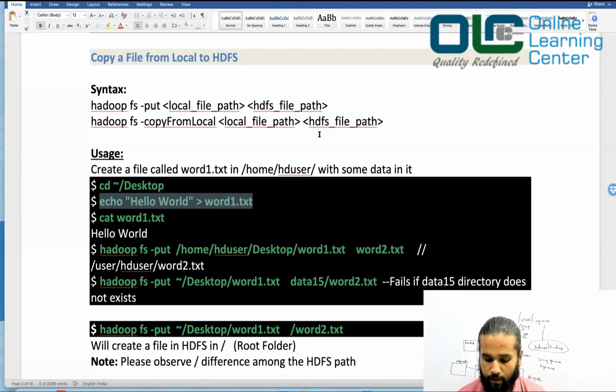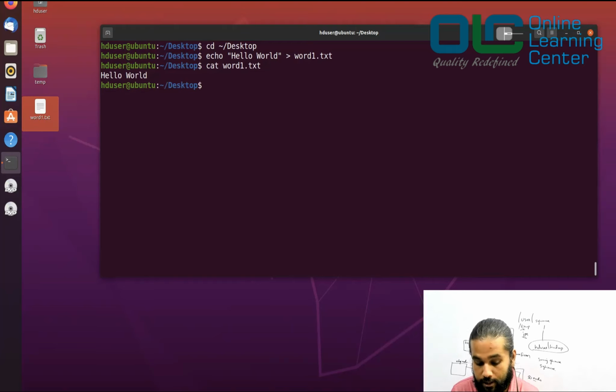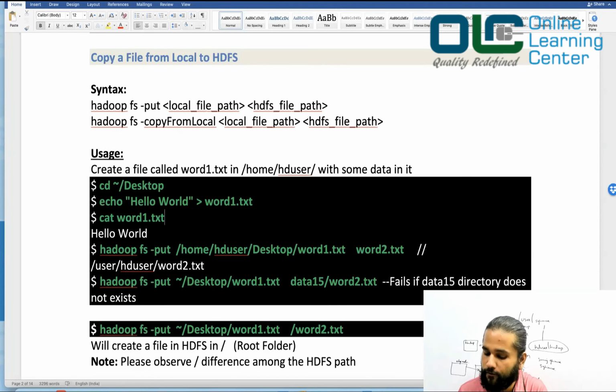That's how it is. Okay, now what I want to do is I want to copy this file into my HDFS. Once you have written this, let's try to do a cat, right, so that we can confirm that we have something in this file. So cat can be used to print the output of this file, right? And it says word1.txt contains hello world, right? So this data, this file word1.txt, I want to store it in my HDFS now. So what to do? You can use a command called hadoop fs -put. If you remember, we talked about this in our initial days, saying that the client would copy the file into your HDFS location by saying hadoop fs -put, right? And this is what it is. We're now trying to do it practically.